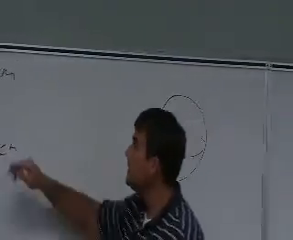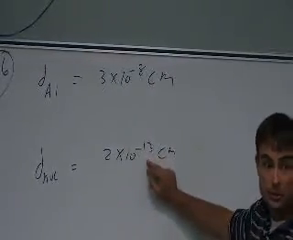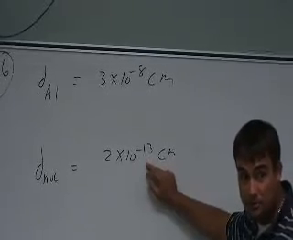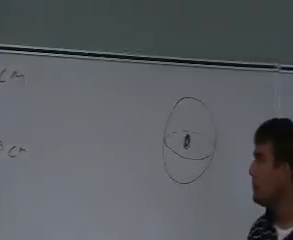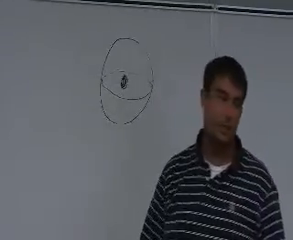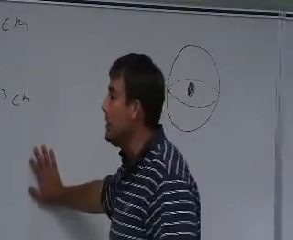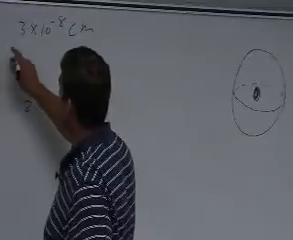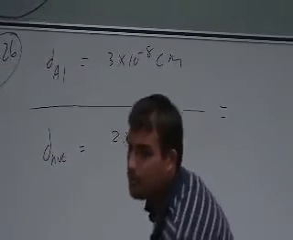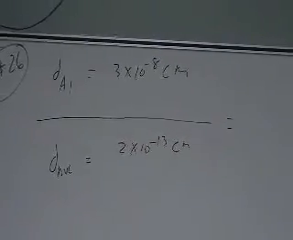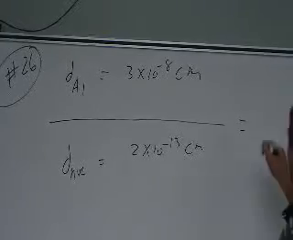Which it is. I mean, take a look at this. This is minus 8, this is minus 13. You know, so that's 4 orders of magnitude smaller. 5 orders of magnitude, right? Been at it a while. 5 orders of magnitude smaller. Okay, so we want to know the ratio of the aluminum to the nucleus. Divide those two numbers. 3 times 10 to the minus 8 divided by 2 times 10 to the minus 13. Hitting the enter button for